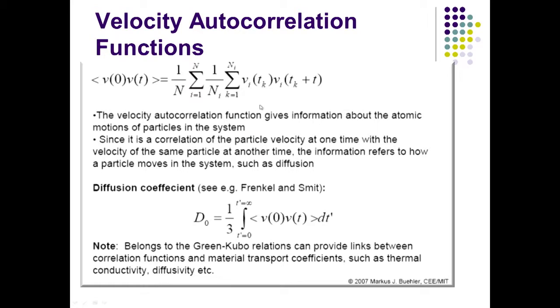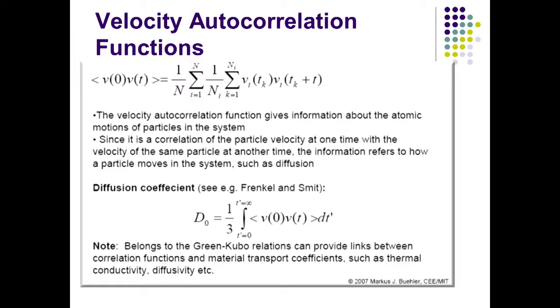This autocorrelation with itself over different time steps shows us the diffusion of that material at a certain point. If you consider a solid material, you would see that the diffusion constant is very small because the atoms are sticking to certain locations. However, in a liquid-like state, or when the phase transition happens, the atoms are moving out, and that diffusion constant or diffusion coefficient can be calculated for different materials using the velocity autocorrelation function. And that is where we use the formulation of Green-Kubo, where we look at D 0,